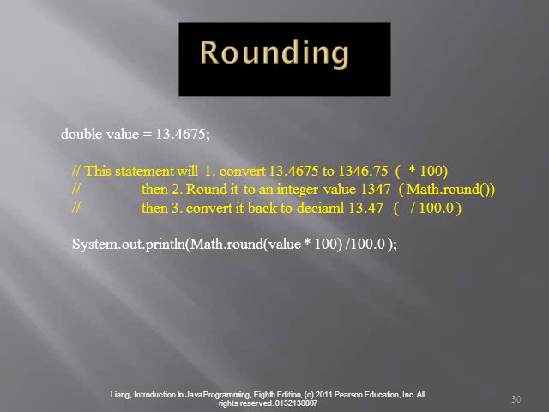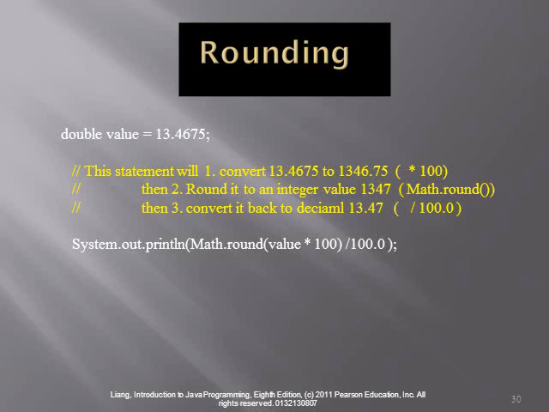So kind of like we did with converting to 2 decimals, all right? It's necessary to preserve those 2 decimal places. I multiply by 100. All right. Now I can round that number. I have 1346.75 after I multiplied by 100. Applying the round will yield a number